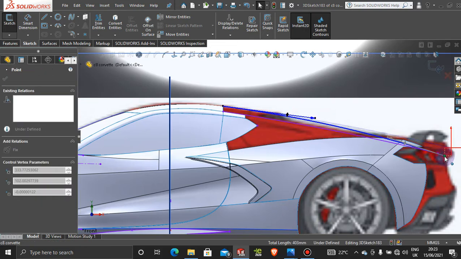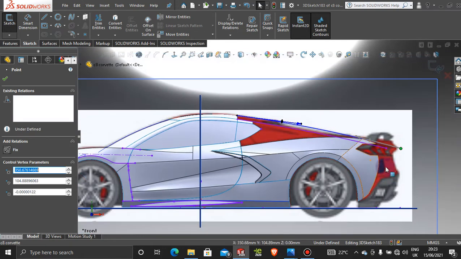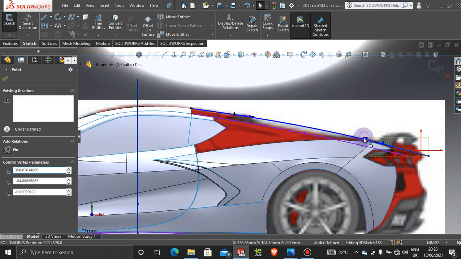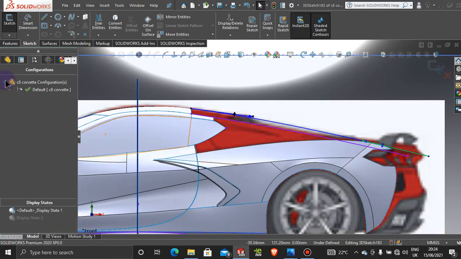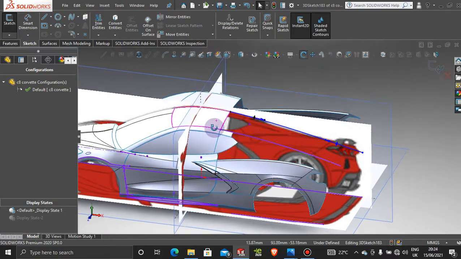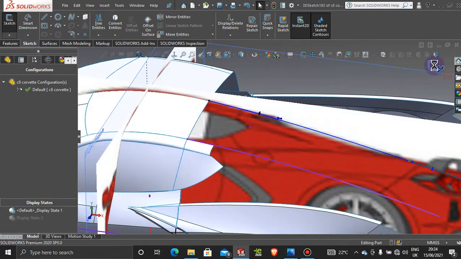And let's pull this line somewhere here. And that will create a nice curvature for us for that surface there. So we're probably going to follow this line in this area. All right. So once we have that, exit the sketch,